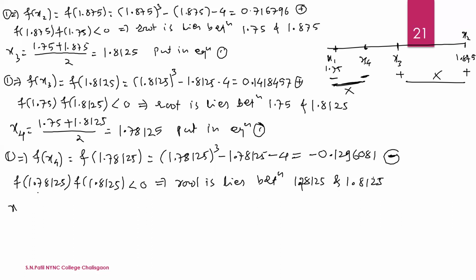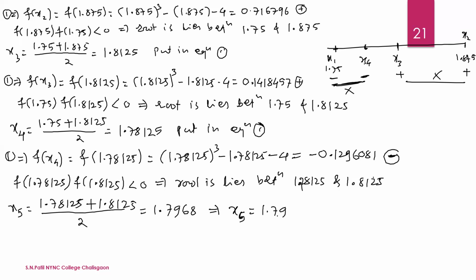Now bisect this. Now this is the last iteration. x5 is equal to 1.78125 plus 1.8125 divided by 2. So we get the value as 1.7968. Actually, this is the sixth one. x5 is equal to 1.7968. Okay, so this is the approximate root,